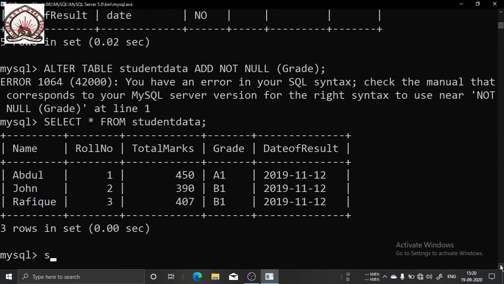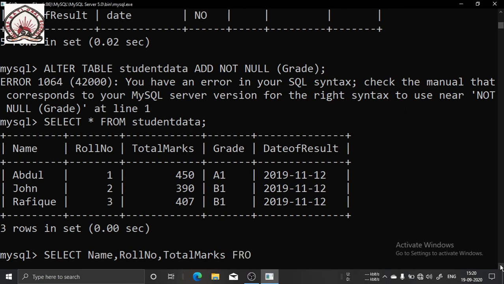See, I am selecting name, comma, roll number, and another one, total marks.